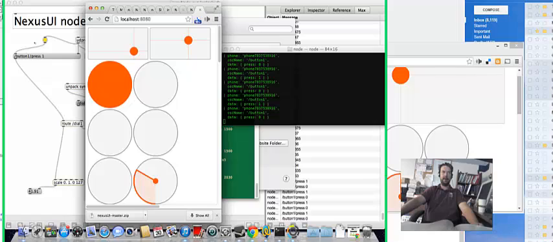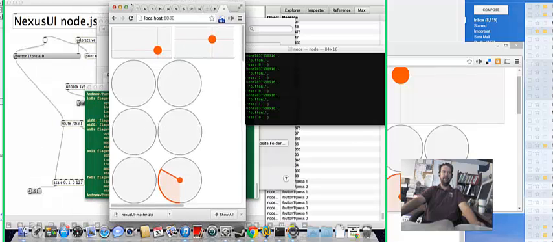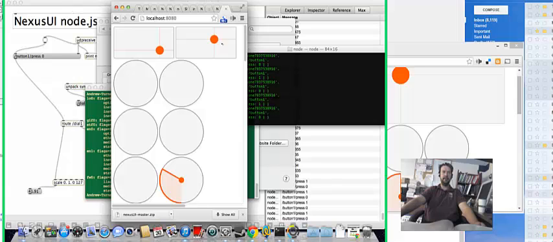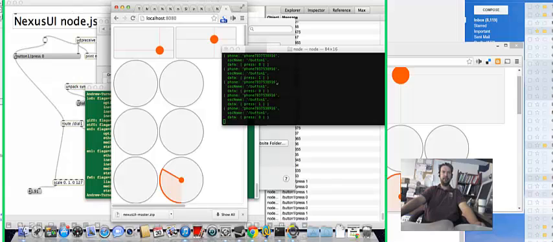Now here in the background I have a network programming application called Max MSP, and that will handle audio, video, 3D data, 2D data. Basically their tagline is it connects anything to anything. So I'm using a UDP receive object on port 4040, and that's running on this Node.js server here. And this is using the Nexus